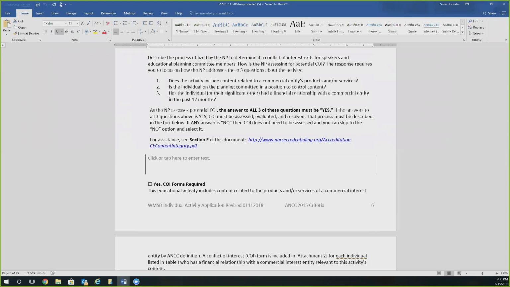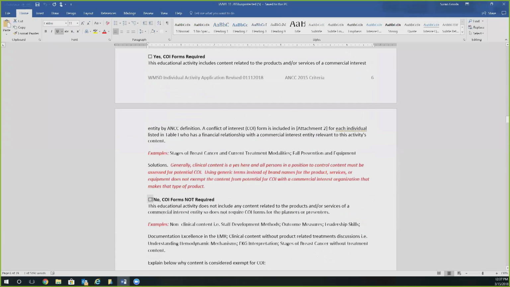Now that I've said the long details of it, I'm going to give you the shortcut. The shortcut is these three questions. Question number 1, does the activity include content related to a commercial entity's products or services? And the rest of it is that will be used on patients. If the answer is no, stop, check the no box,